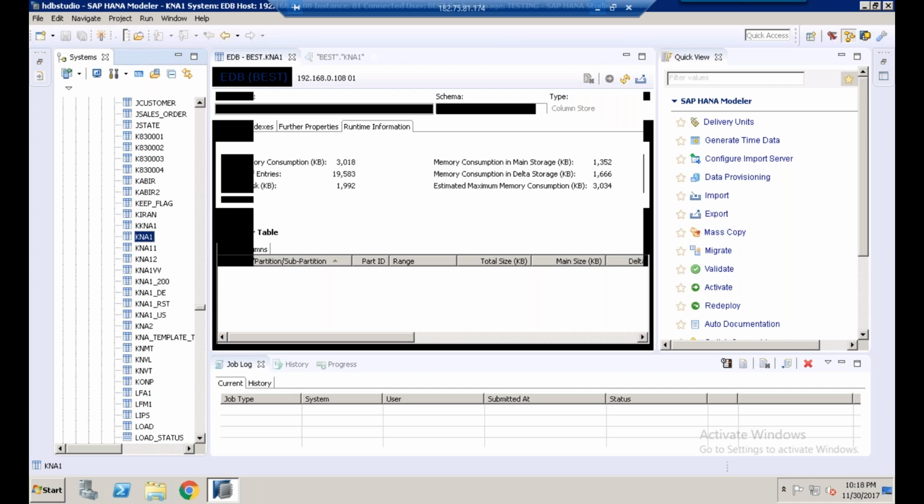Now once you click finish, please see here. Now here you can see SLT. What is SLT? SAP Landscape Transformation.